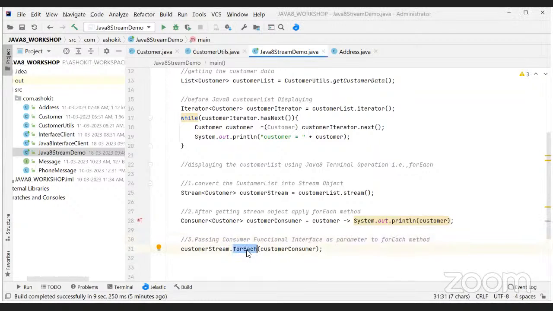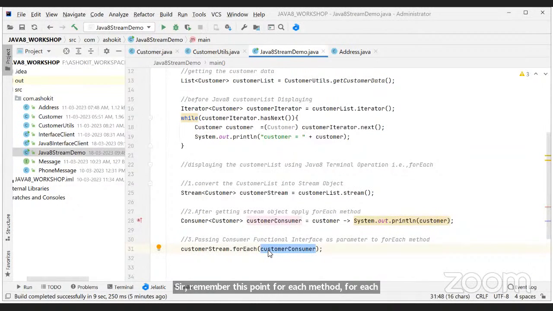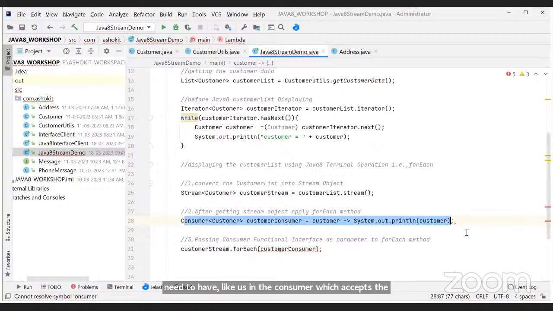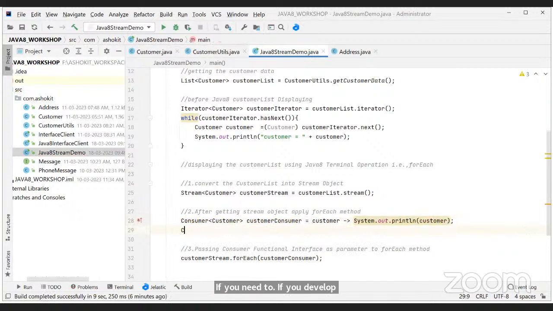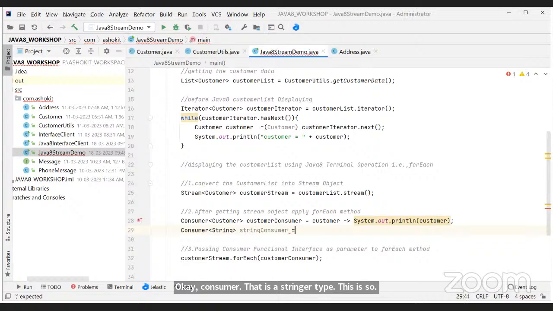Remember this point, sir. The forEach method is always taking a consumer as a functional interface. You can have multiple consumers, but we are calling the forEach method on the customer stream, so you definitely need a consumer which accepts the customer object. If you develop one more consumer, say of string type, this is the string consumer, with st, followed by